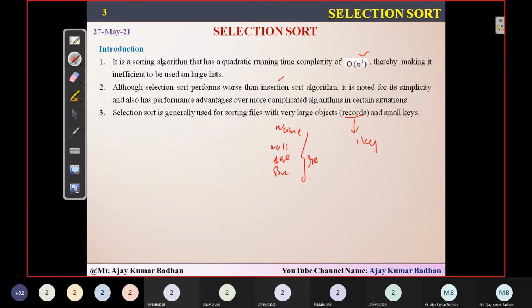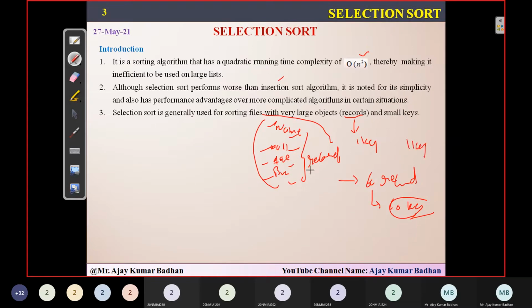So there is a lot of data in a single record. If I have 60 records, every record will have only one key, so 60 keys. Even though internally there are a lot of parameters, we will be using only one key to sort all these things. In that way, this particular algorithm will be somewhat better when compared to other algorithms we have.